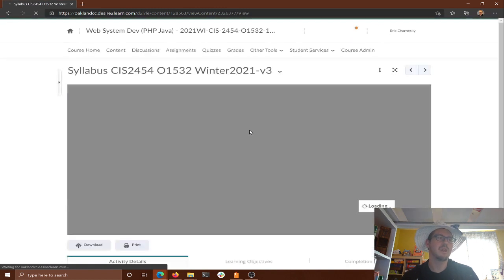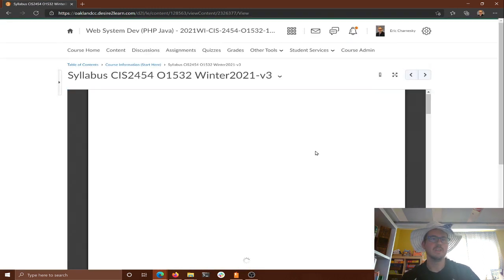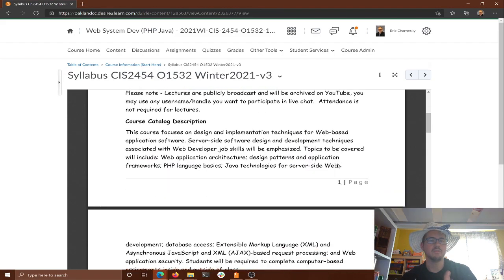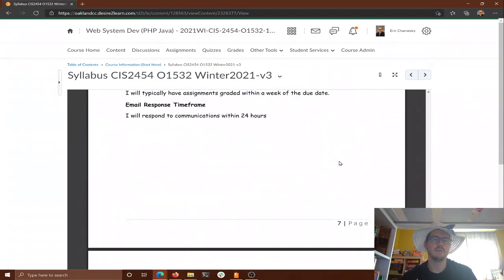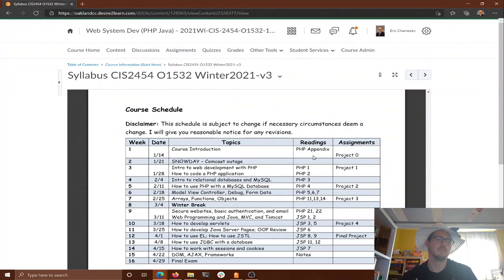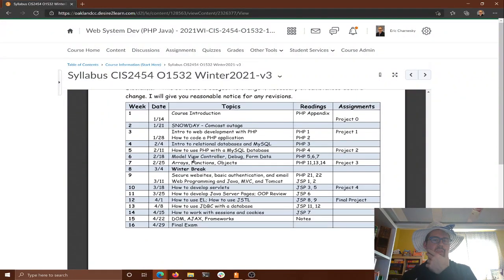But the idea is we want to practice, hey, can we connect to our database? So you need to make the user, right? Because I was using another user called stocks. You can use the username anything you want, the password anything you want. It doesn't matter. If you make it the same as mine, it'll work a little bit easier. We're going to move on to model view controller, form data, debugging. We're doing more interesting stuff in PHP. We hit a bunch of chapters at a high level next week, and then the week after that, arrays, functions, and objects, just more advanced stuff in PHP, and then we'll have the third PHP project that week.